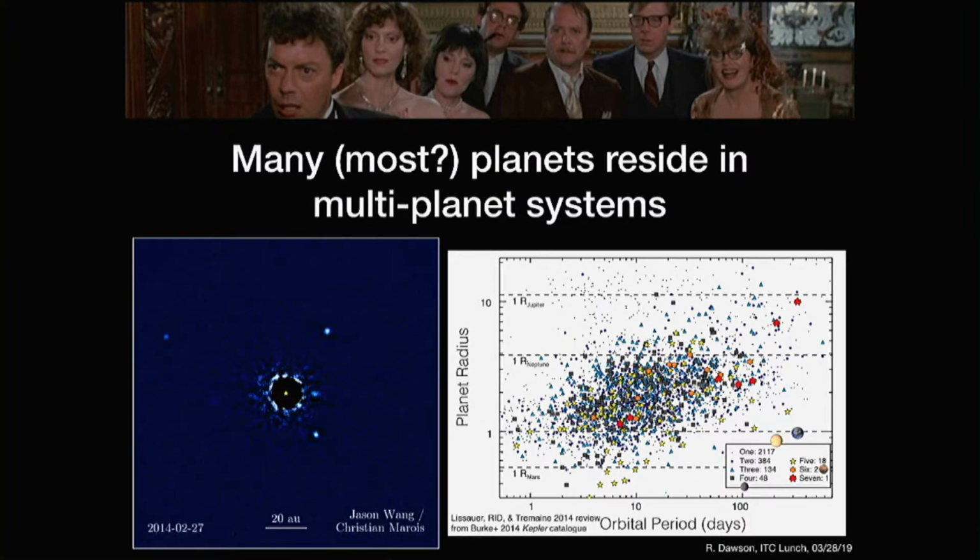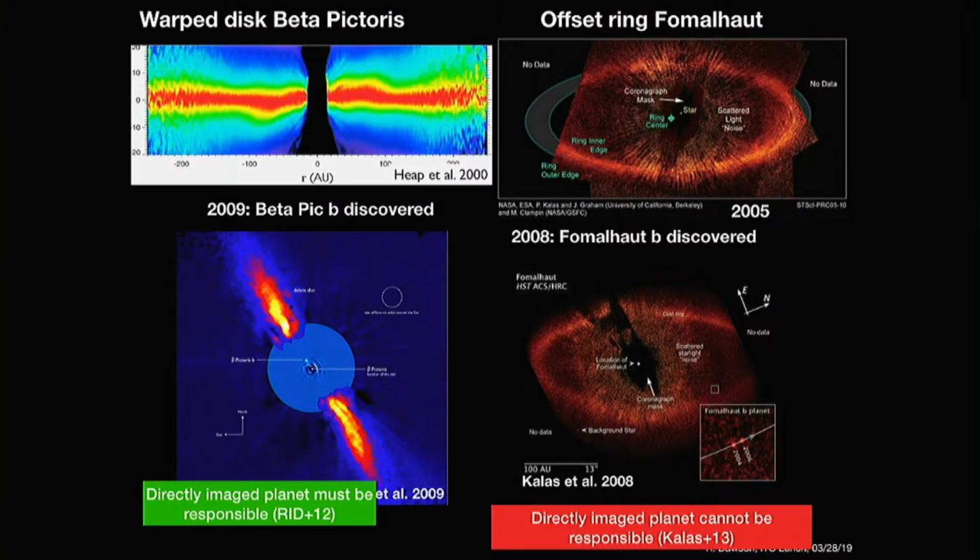And the properties of short period planets that we see on this plot of Kepler planet radius versus orbital period, where the color symbols are planets where multiple have been detected in the system, sort of inspire us that if outer planetary systems are like that, it's probably pretty common to have multiple planets there, even if we haven't detected more than one. So for Beta Pictoris, we showed a while back that the directly imaged planet must be the one responsible for the warp. Basically, it's such a dominant gravitational effect in the system that it would prevent some other planet from being responsible.